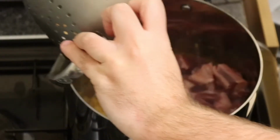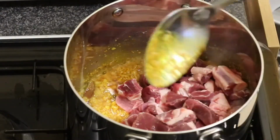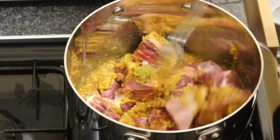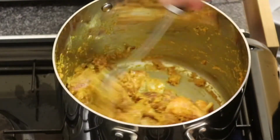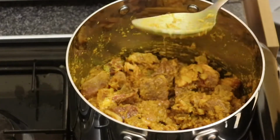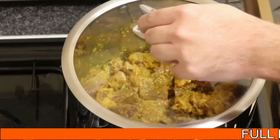Now what you're going to do is get your meat, chuck it in, and get all them flavours. Get all of it mixed in, so it's completely covered. Once it's completely covered and mixed up, as you can see, you're going to turn the heat all the way down, chuck the lid on, and come back in